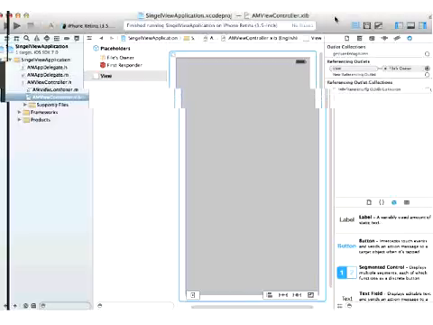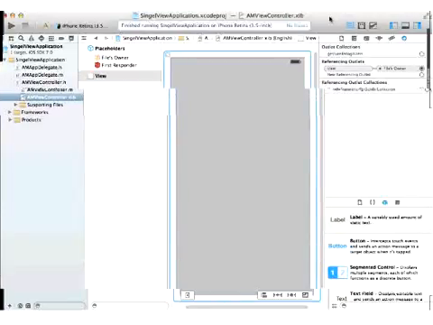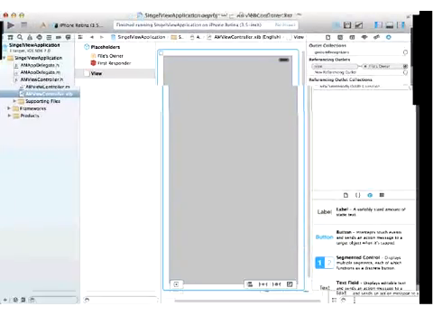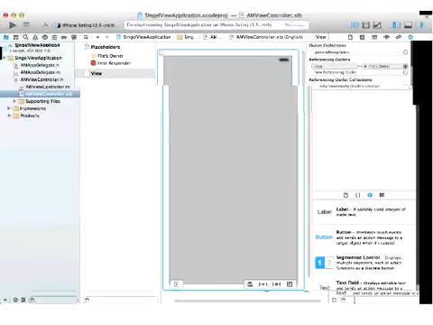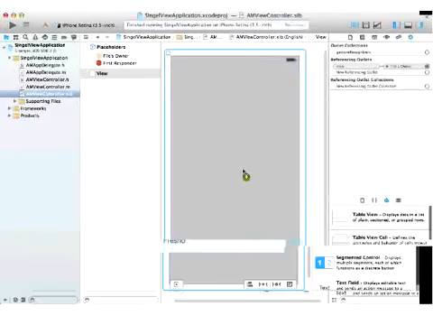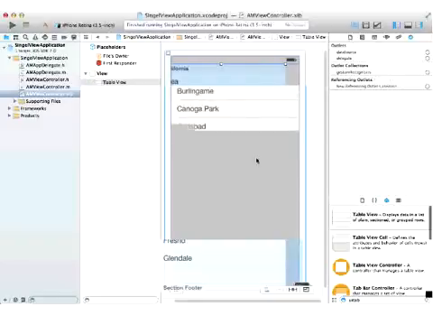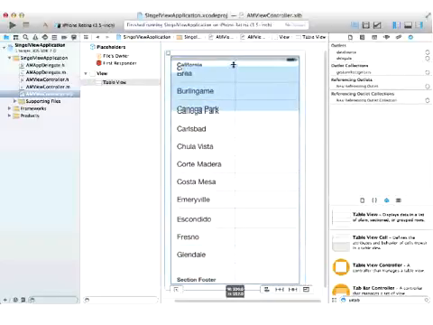And I will also explain the reason why. Let's search for UITableView. If I drag a UITableView into this view,